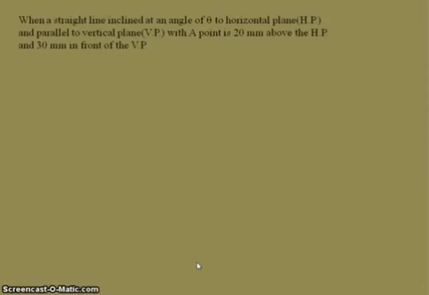The point A is 20 mm above the horizontal plane and 30 mm in front of the vertical plane. So this is the main important thing. By using this only we start the projections of the straight line. But before that, we go for the explanation of how we have to imagine the appearance of the straight line taking place in the first quadrant for getting the front view and top view.